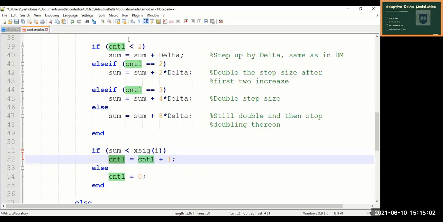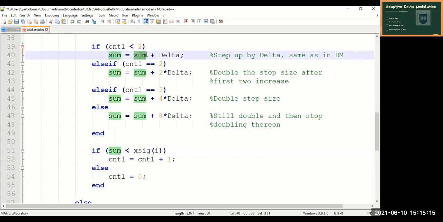Again we'll jump back to this condition, and right now count value is 1. Is 1 lesser than 2? Obviously yes. And again sum will be added with one more delta value, that is 1 plus 1, 2.